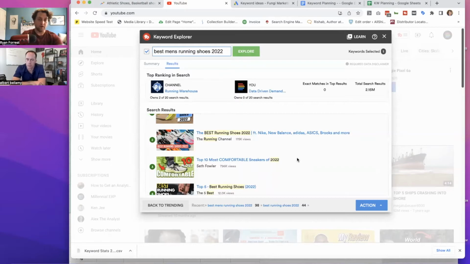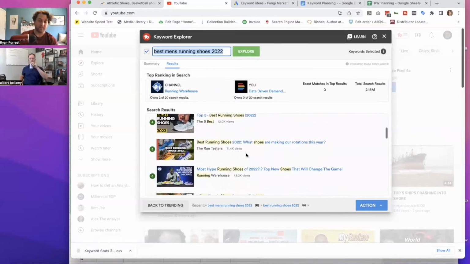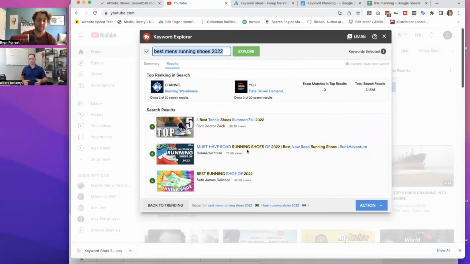one of my guys on the floor is an avid runner who runs marathons and stuff like that. He's going to put together a video of the top 5 best men's running shoes in 2022, and that becomes the title, best men's running shoes 2022. And you could see there's a fair amount of people writing about this. For some reason, none of them are doing men's shoes, which I would think is maybe missing the mark,